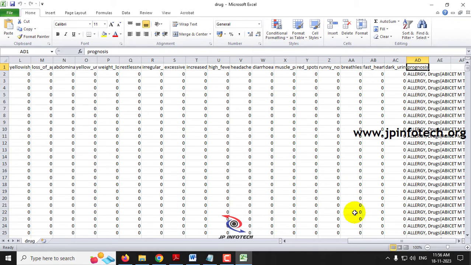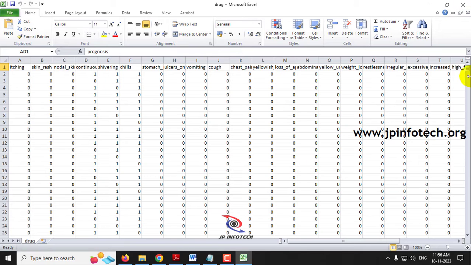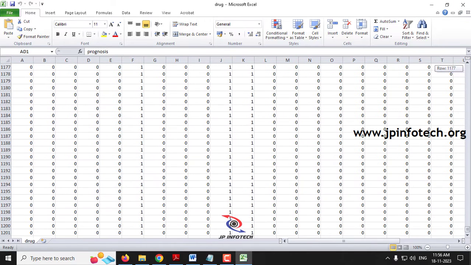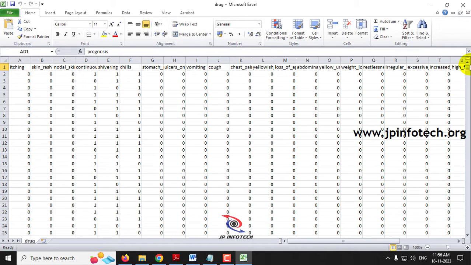So these are the things available in the features part of the dataset, and if you scroll down till the end of the dataset, you can find the 1200 dataset records. Now you may ask what is the reason for having so many features.